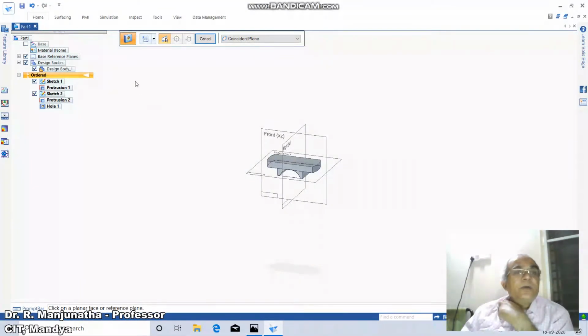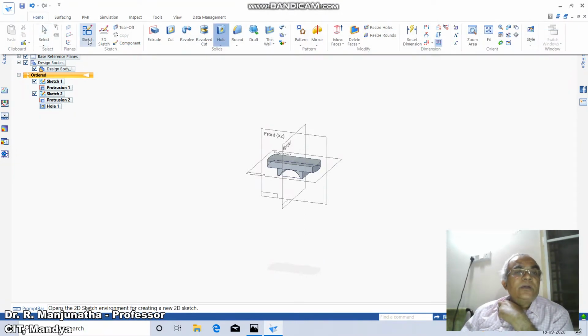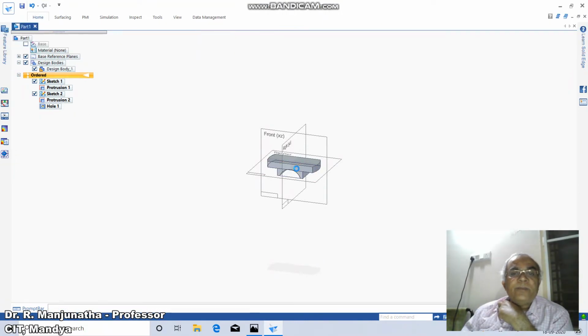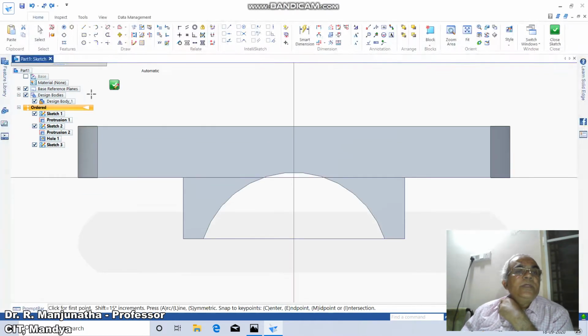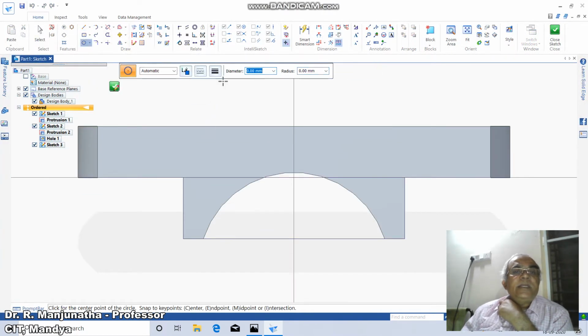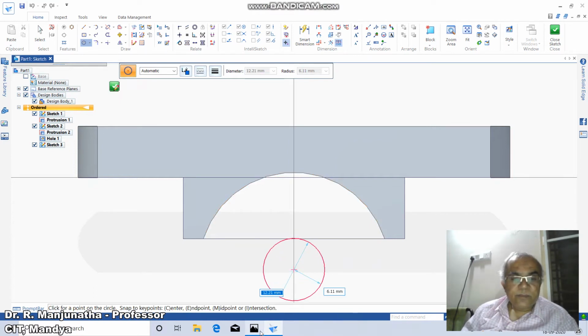So to do that, go to home, click on sketch, click on this plane, then go to circle, take the center point of this, which is this. So what is the radius? Radius is 36.